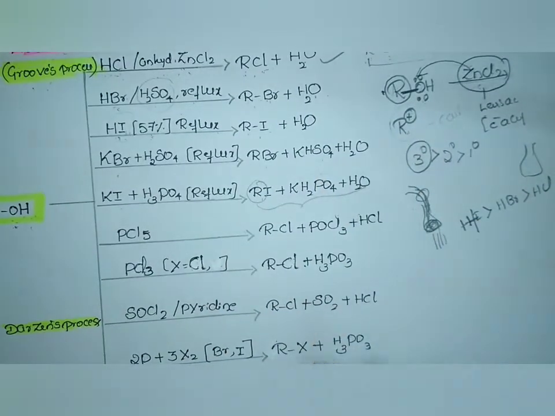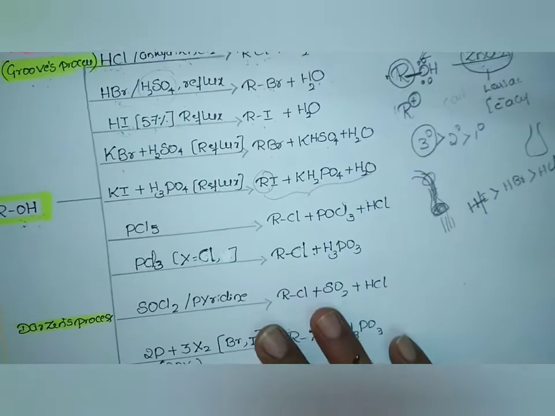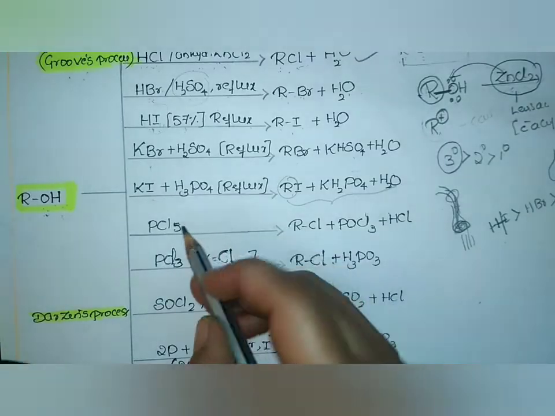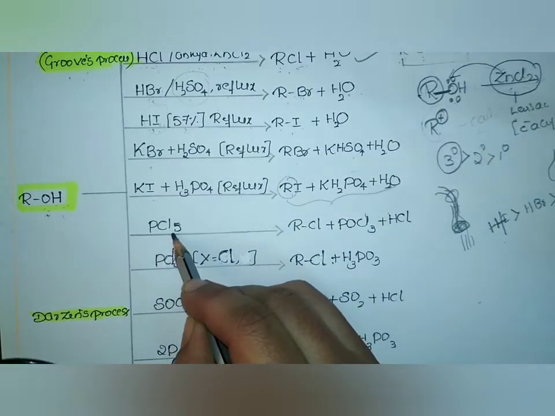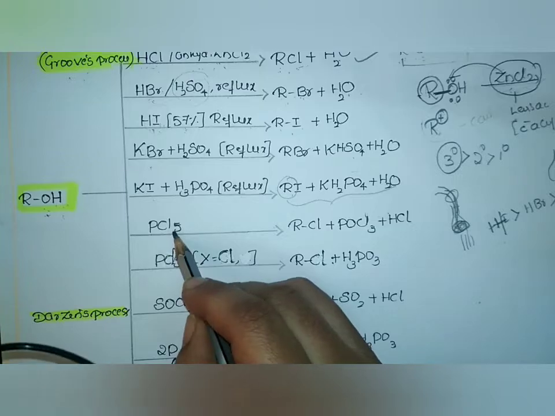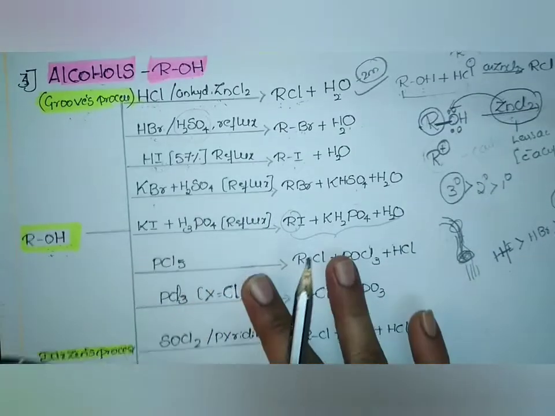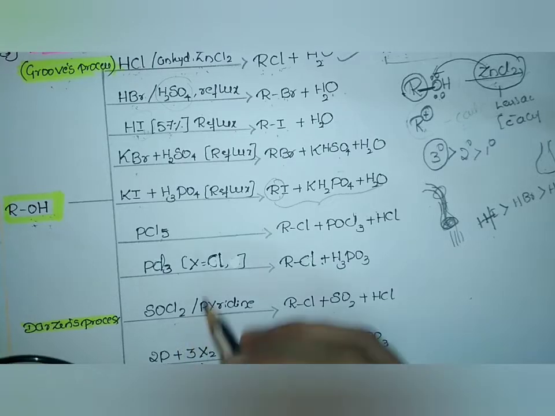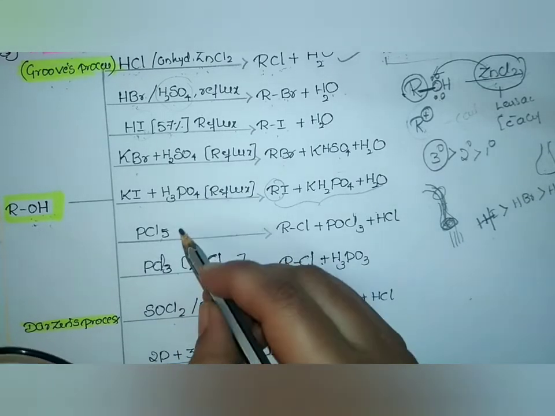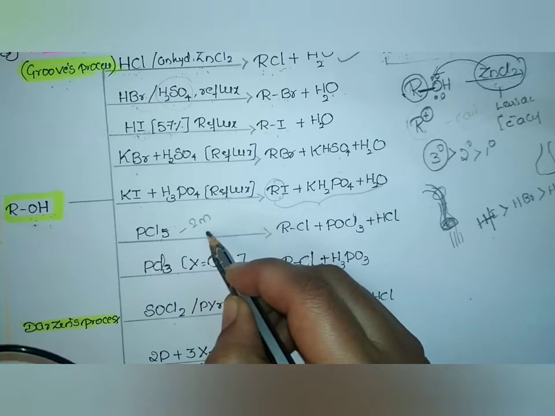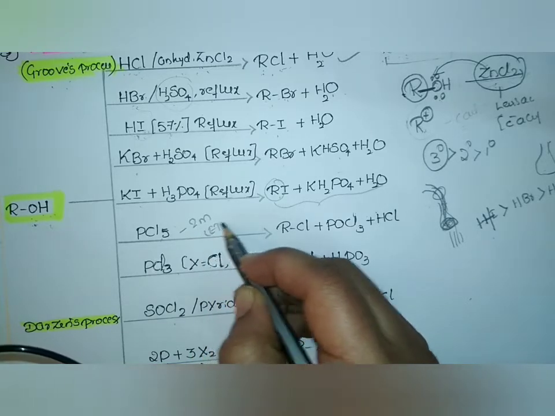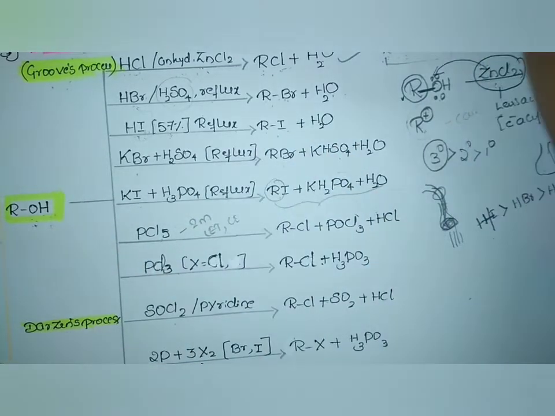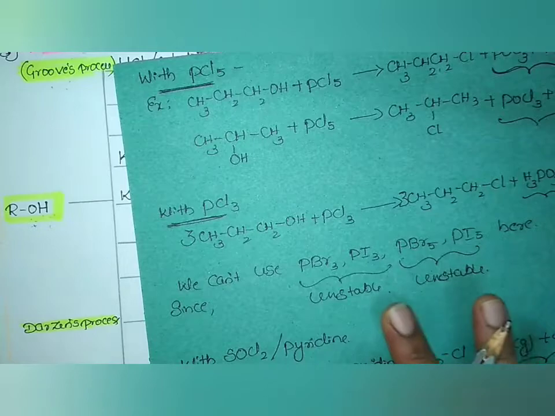So now the important point, which you are going to get repeatedly in your theory part, is the preparation of haloalkanes by using phosphorus pentachloride. Very, very important: phosphorus pentachloride, phosphorus trichloride and thionyl chloride. This is called thionyl chloride. These three are very, very important, where you are going to get a 2-mark question even in theory as well as in some of the competitive exams. Now, how exactly is the reaction going to happen? Just check.